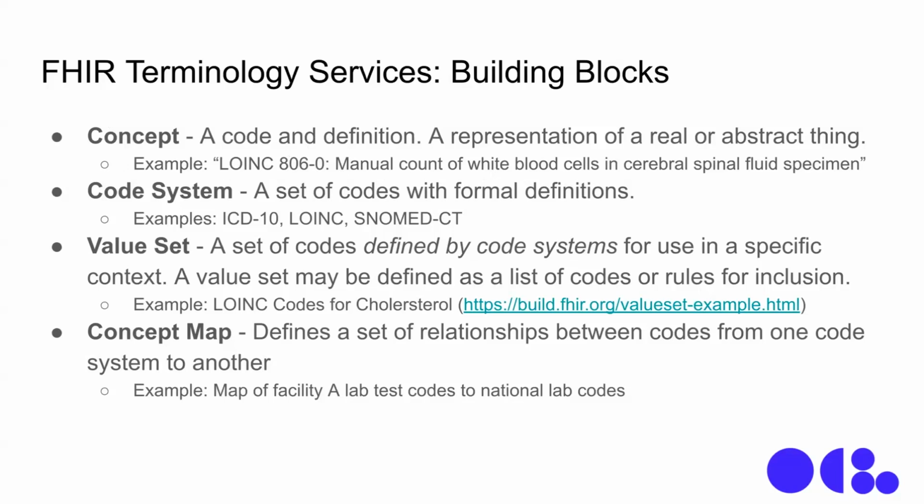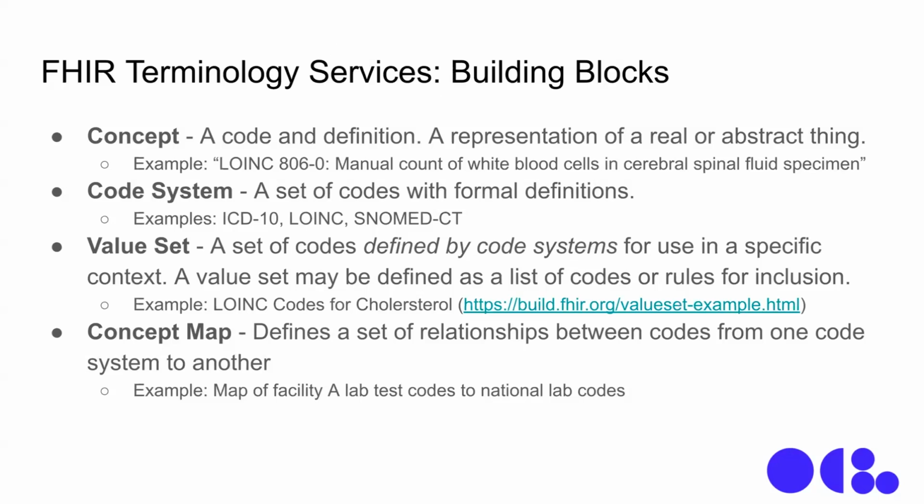So this is ICD-10 and LOINC, SNOMED, but also a lot of administrative stuff as well. So it could be a really small code set like HL7's administrative gender, and there's just a few codes in that. And so not all of them have to be a large code set